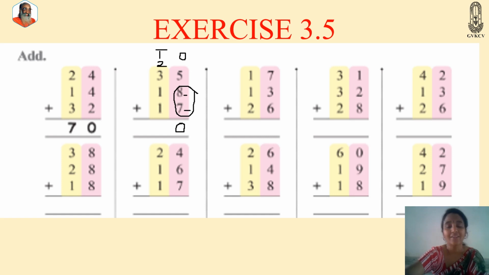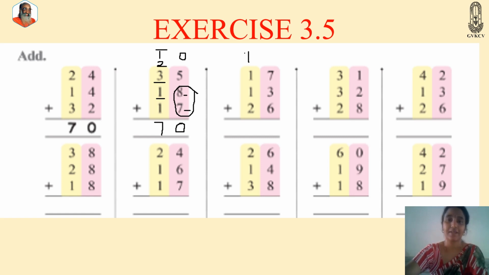Now I will add the digits under tens. 2 plus 3. 3 in mind, take 2 fingers. 3, after it 4 and 5. Up to here we got 5, right? To it add 1. The number after 5 is 6. So we completed adding these 3. Now add 1 to 6. The number after 6 is 7. So here 70 will come. Okay.